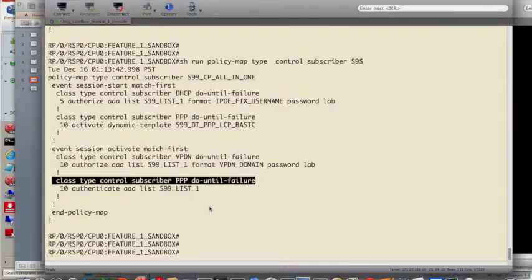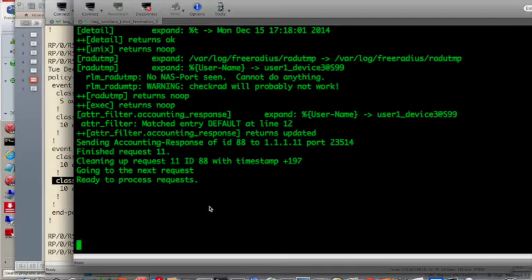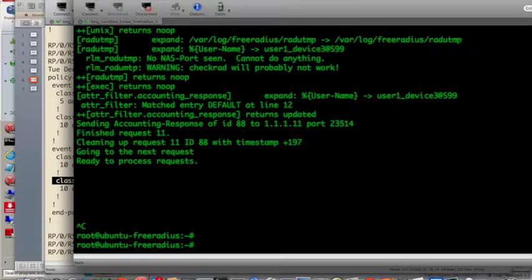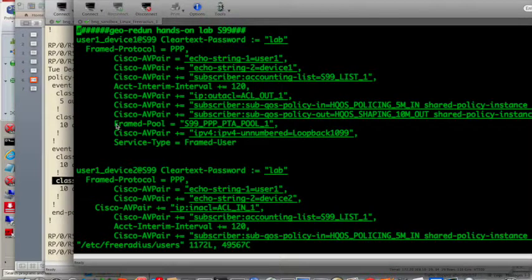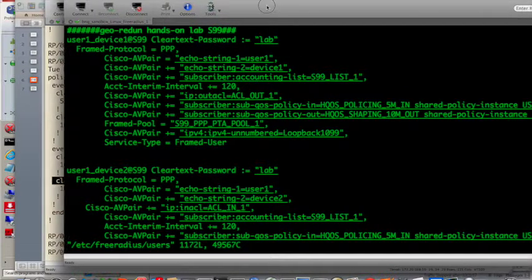So let's go to the RADIUS server. You will see the user profile in the RADIUS server. It's quite easy. So let me first stop the RADIUS. This is a free RADIUS server running on an Ubuntu server. So if we go to the RADIUS server user configuration file, here